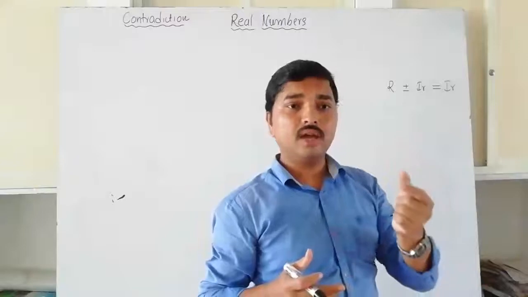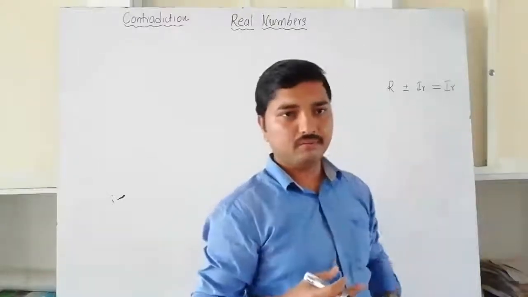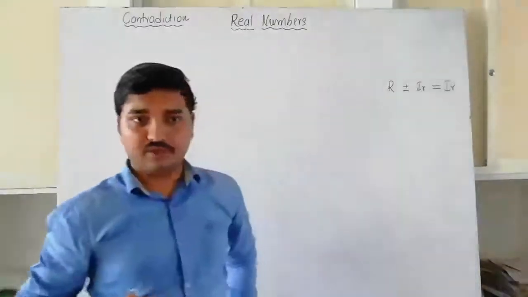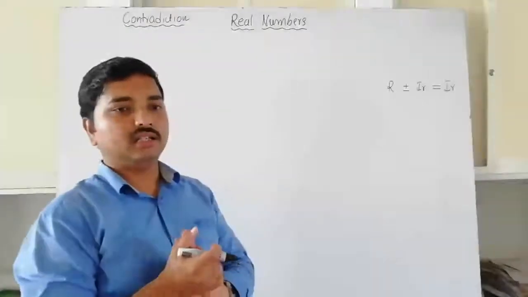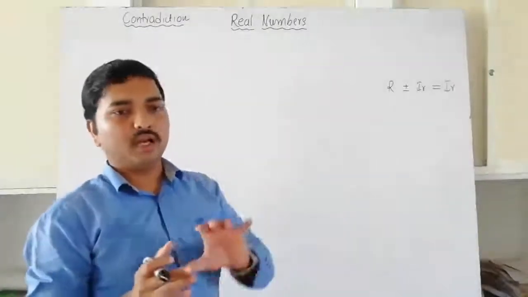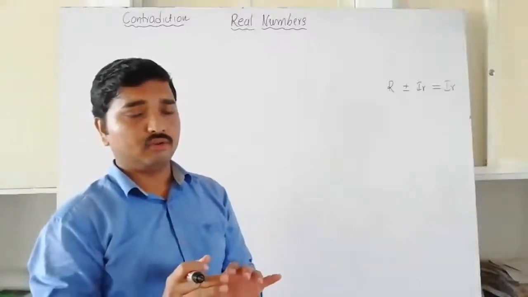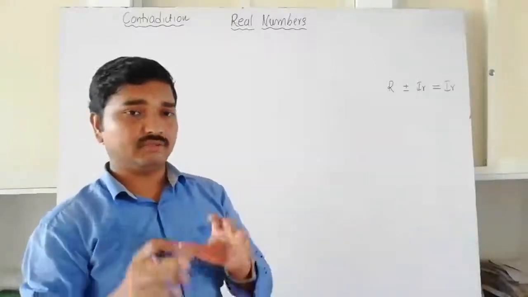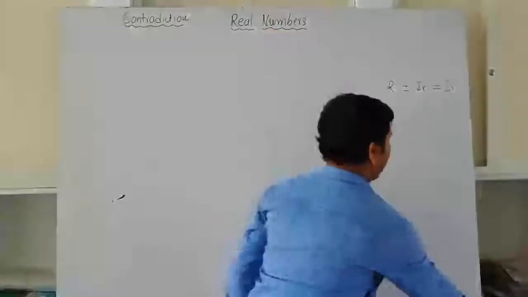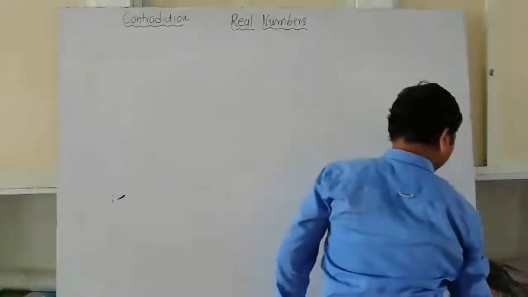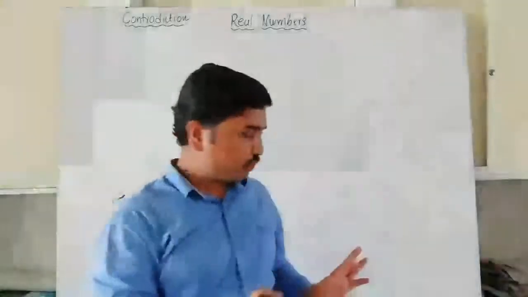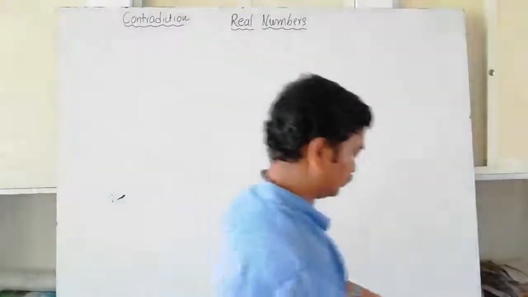That means the square root of a prime number is always an irrational number. It is one of the known concepts for you. Based on these things, we can prove the given numbers as irrational numbers. Now this is another way of proof. I have given it in the first question, and now I am going to explain that one. I think it is already given in the notes, so don't write. Listen here. You can write afterwards.